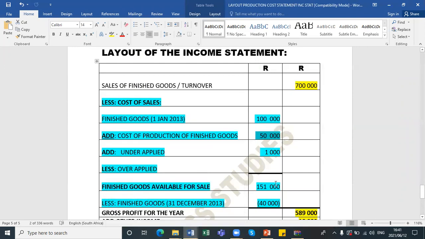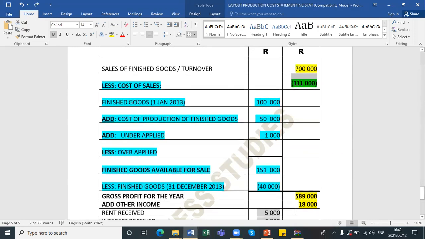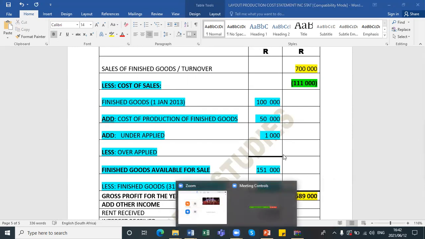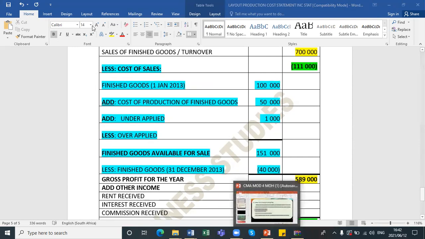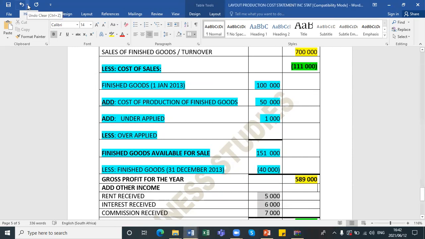Then you take the 151 minus the 40,000 and that will give you 111,000. So you take your sales, which is what you sell the goods for to your clients, minus the cost of sales, and that will give you gross profit. Then you say add other income. Your other income is like your rent received, your interest received, and your commission received. You add it together and that will give you